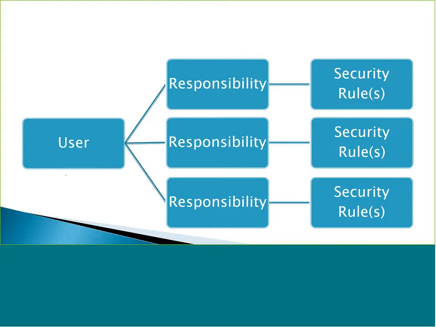So we already saw yesterday, in our previous lesson, the data access set, that this is what happens. We have a data access set assigned to a responsibility, then to a user, okay? But for the data access set, you can only assign one to one responsibility, okay? So you have one data access set for one responsibility,